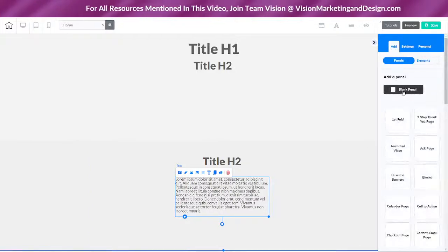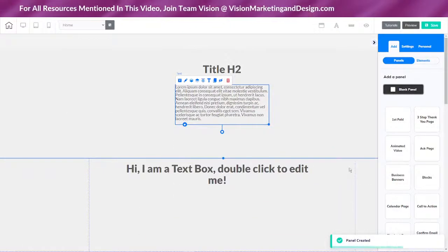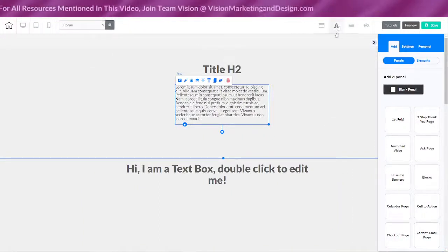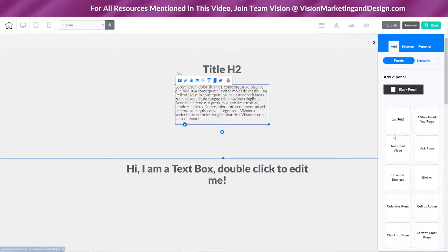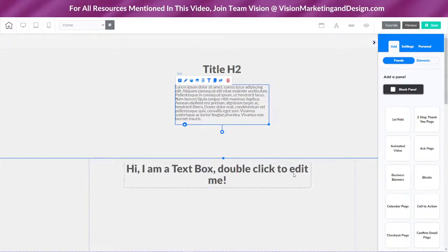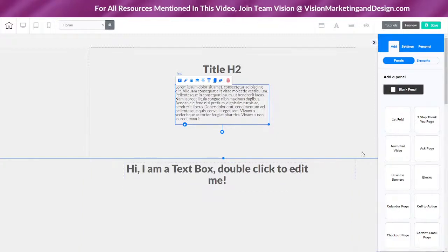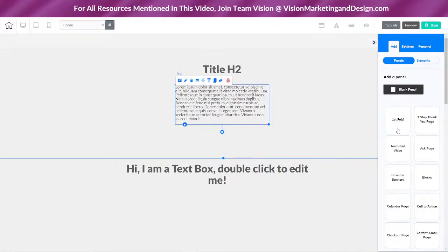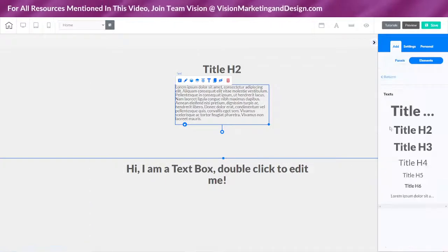So I'm going to add panels, blank panel. Now I do like to start with blank. Once I set my global text and the colors and all of that, and I have all of these things set up, I can't talk today. That is just how I like to do it. Okay, so let's go ahead and add some more elements, and let's go ahead and choose a